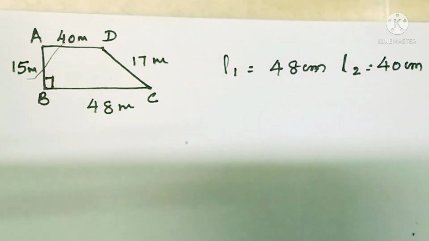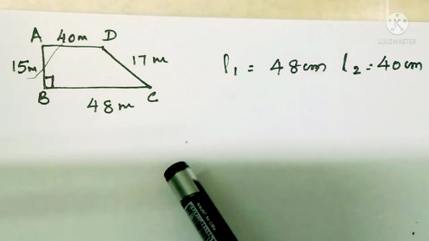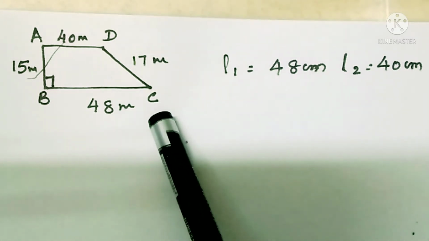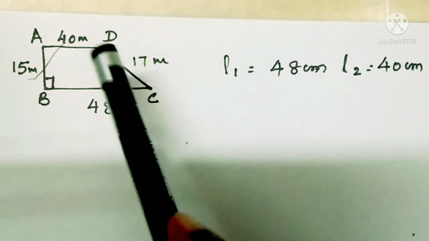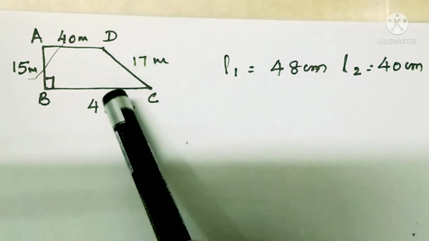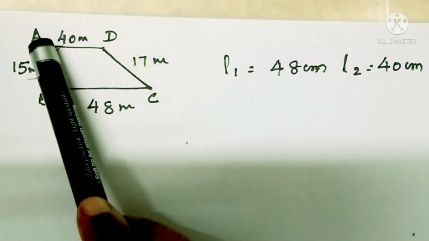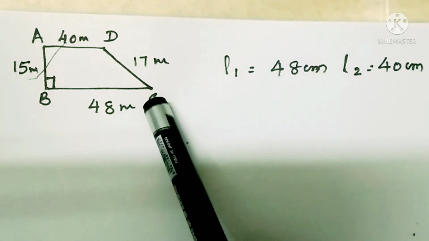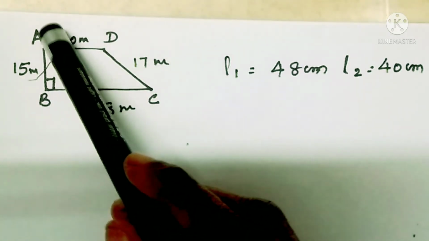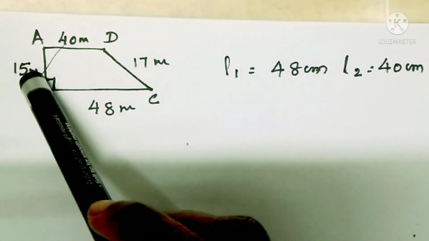Now, we have already done one part of the question. The second part is to find the area of this field, which is in the shape of a trapezium. For that we know all the four sides and we have to find the height of the trapezium. We know that AD and BC are parallel sides, it is already given in the question, and it is also given that the perpendicular distance between AD and BC is 15 meter.